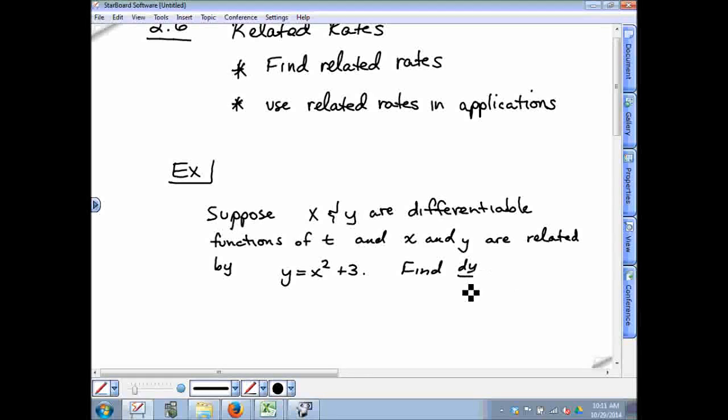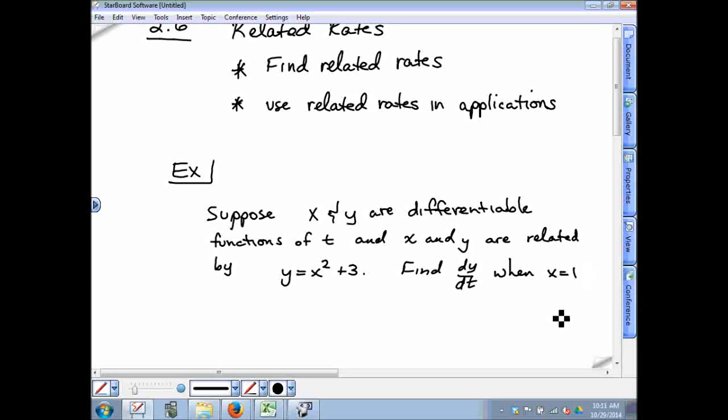Find dy/dt. Now, if this were a contextual or an application problem, they would say find the rate of change of y. Do you understand what I'm saying here? dy/dt means find the rate of change. That's because that's what a derivative is, a rate of change. But it says find dy/dt